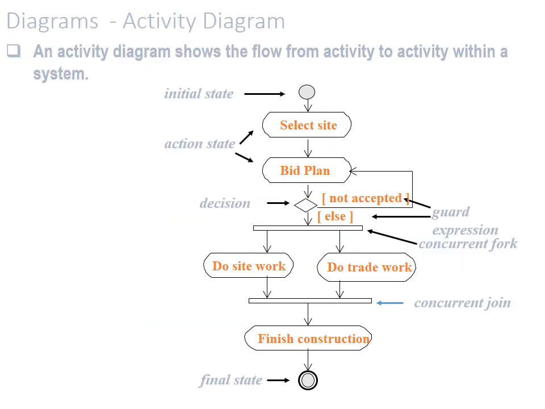The activity diagram, I'll be teaching you in a little more detail later, but here I'm going to explain a little bit. In an activity diagram, we have two circles, one at the top, one at the bottom. This is the initial start, then select the site, then do something. For a condition, we have the diamond. This is the decision. If yes, true or no, take two arrows and split it. If I again want to combine it, use this concurrent join. And for the finish, we have the circle with the outer line.